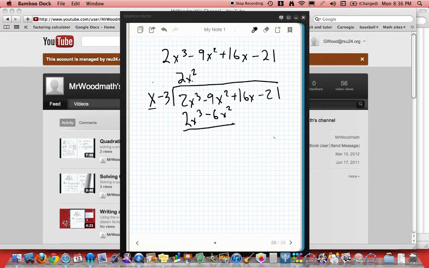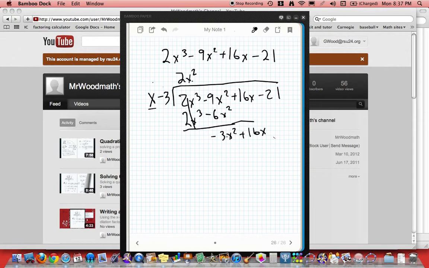I'm going to subtract, so negative 9x squared minus a negative 6x squared, just like anything else, is going to end up being negative 3x squared. This is 0, so this goes away. Okay, we carry down the positive 16x, and we find out how many times x minus 3, or x, goes